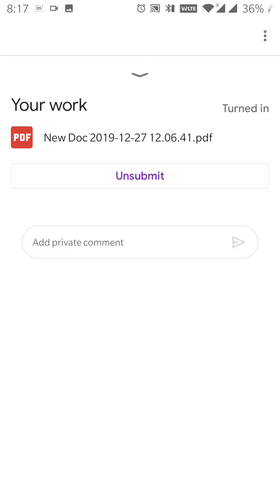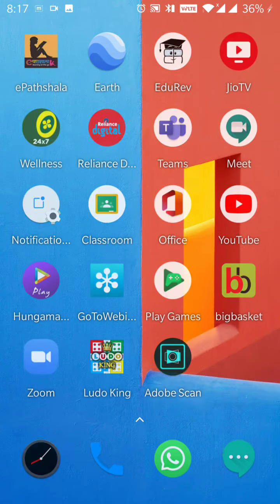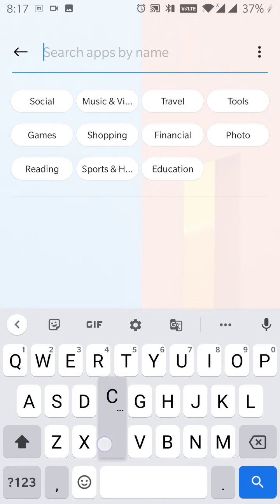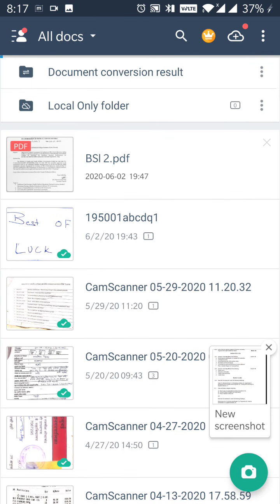Okay, so that is one way of submitting your answer sheet. Another simplest way to submit is to come out from the class, scan, go to CamScanner or whatever software you are using. For example, I am going to CamScanner.